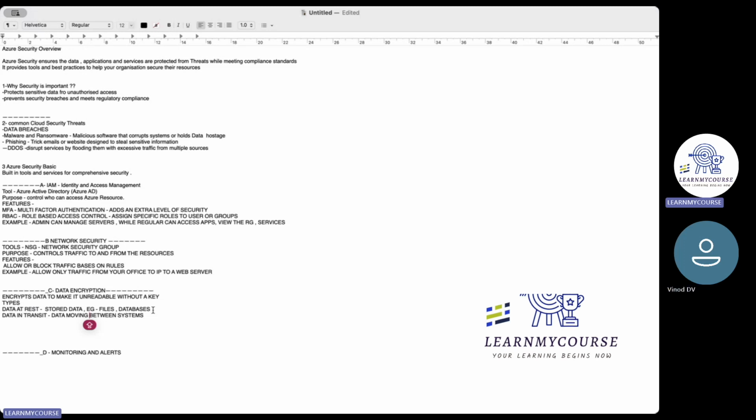For data in transit, the data is moving from one system to another. For example, if you send an email from your India office to a US office, the data is transferred. During the transfer, data in transit means the data is moving; your email is moving from the source to the destination.